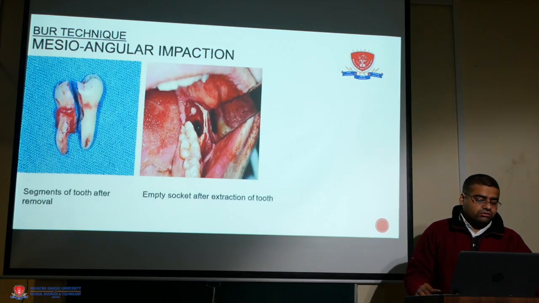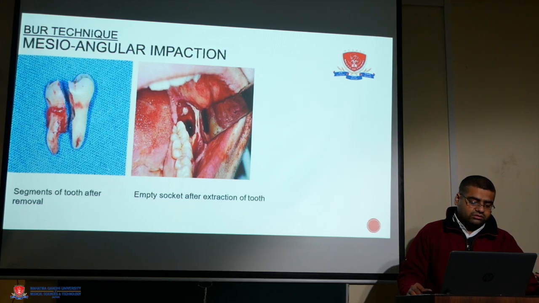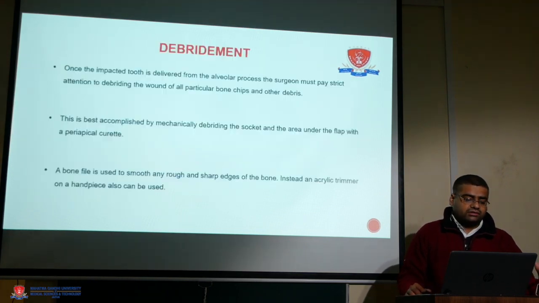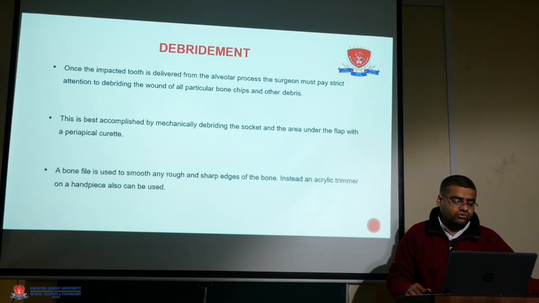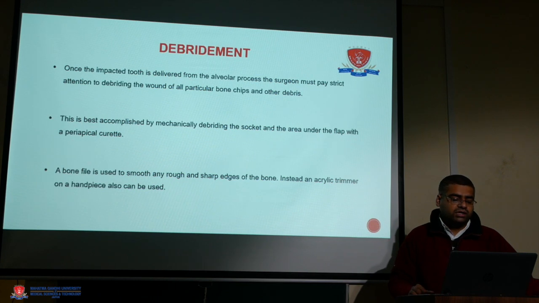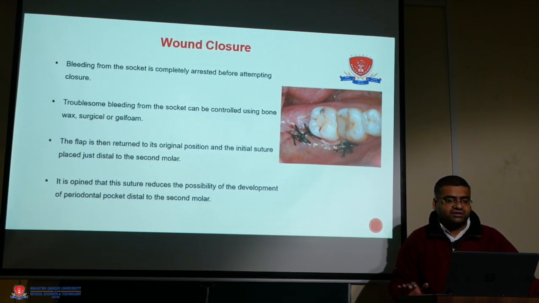Then mesioangular impaction is done with sectioning because of less space. As you can see, debridement and closure has to be done. Now we focus on the debridement, that all the pathology has to be removed and closure has to be done. Wound closure like this with suture, and if bleeding occurs, then we use bone wax, Surgicel or gel form,